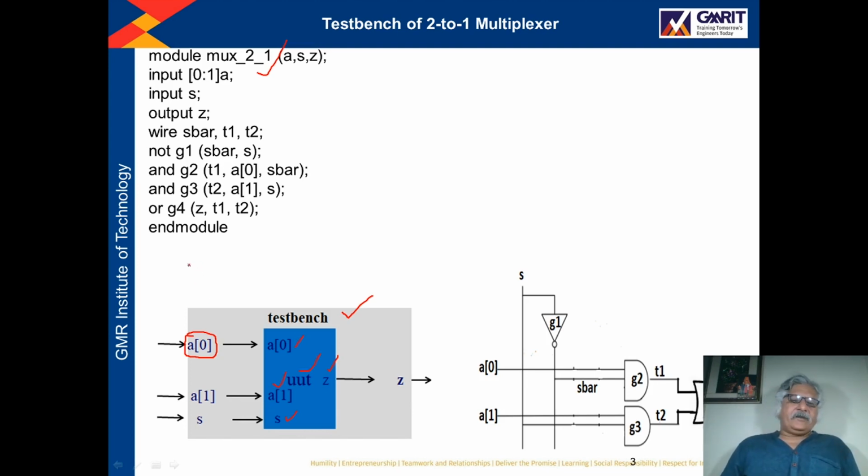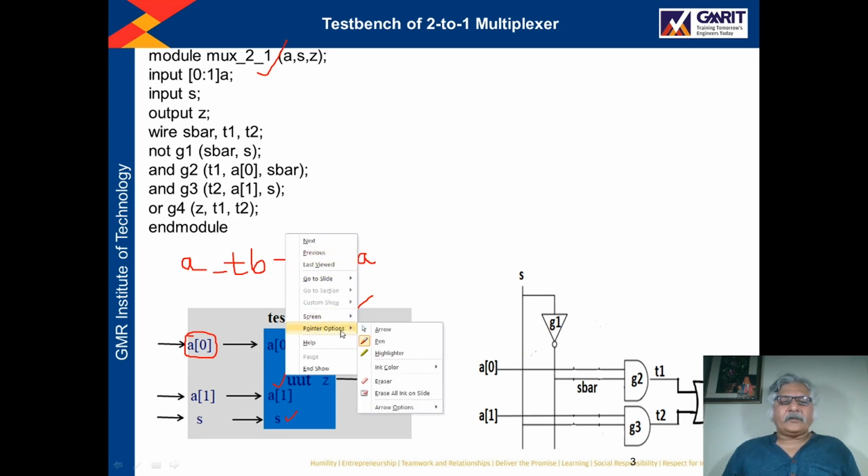In previous lectures, if you remember, we gave names like A underscore TB. This is the name of the test bench port, and it interfaces with the unit under test port A. So if you want, you can give the same name, and here I have given the same name.